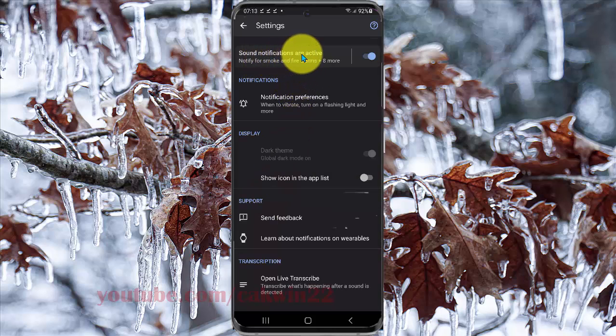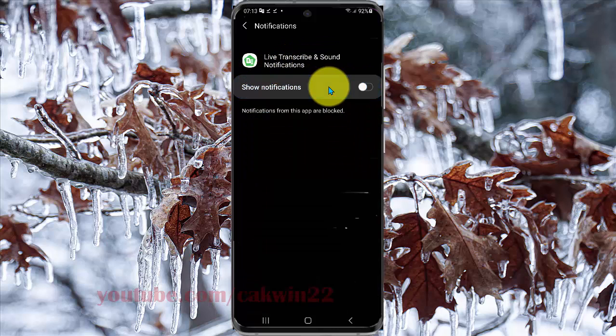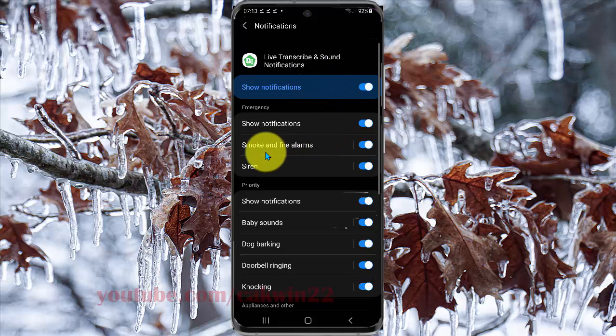Tap sound notifications are active if you turn on sound notifications, and if off, tap sound notifications are paused. Then you must turn on live transcript and sound notification. First, if off, tap the sound notification switch until blue to turn on, and then select smoke and fire alarms,